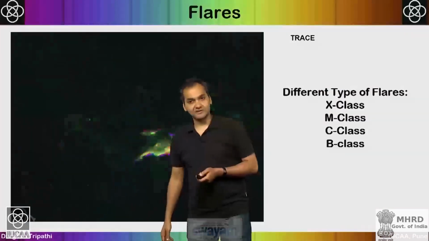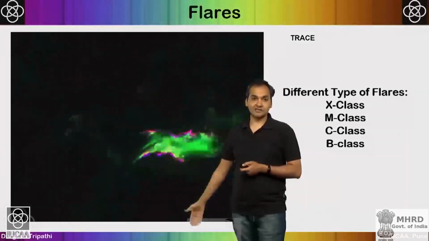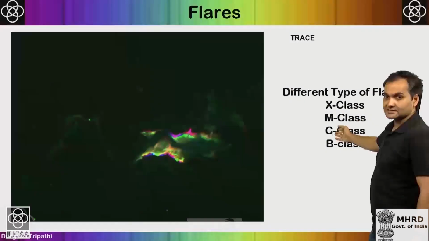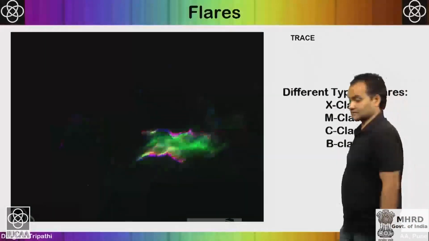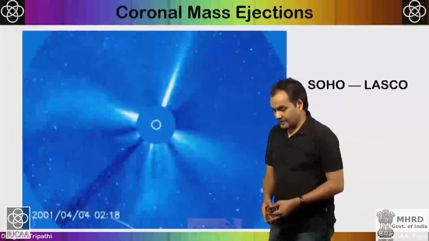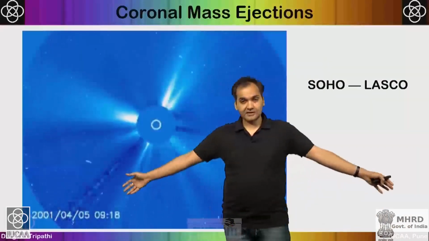Now, the flares could be of different types depending on how energetic they are. The highest ones are called X class flares, M class is lower than that, then C class, and B class is the lowest energy flare. Now, if you block the disk of the sun and you start observing even further out